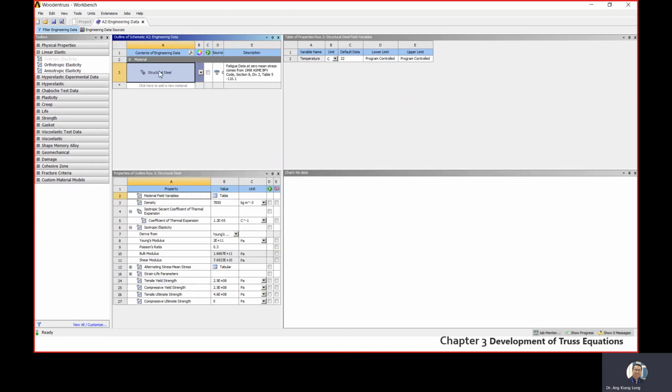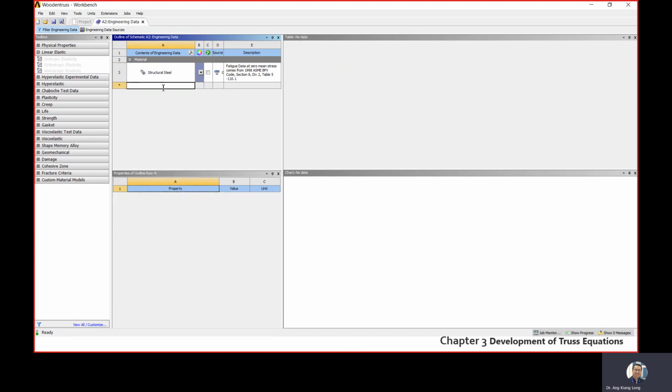By default, the software will use structural steel, or you can import from the library. So we go and add in a new material here. The new material, we will be using Douglas fir as given, right? After Douglas fir, you press enter, and then we're going to double click